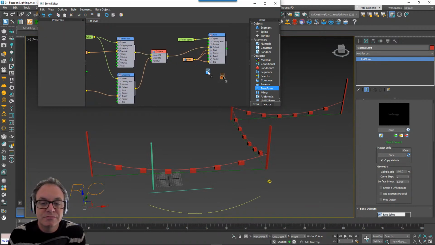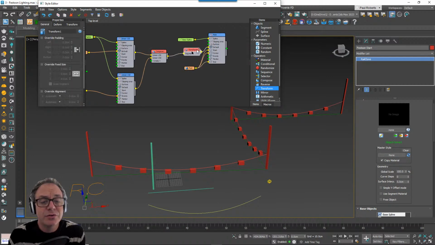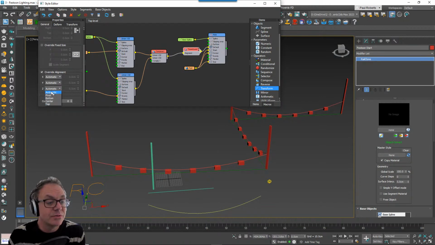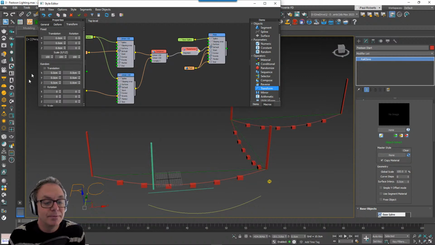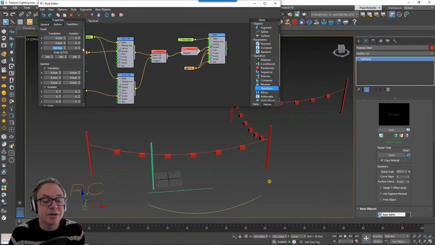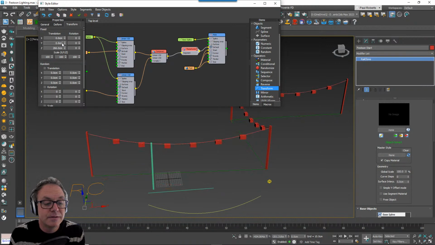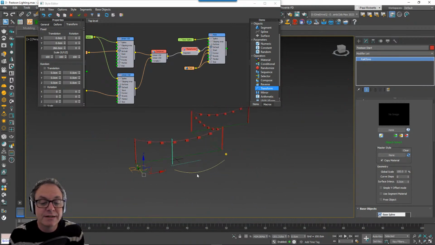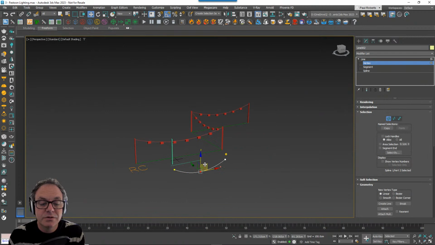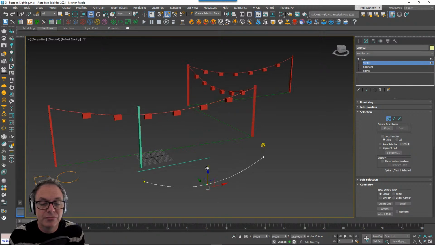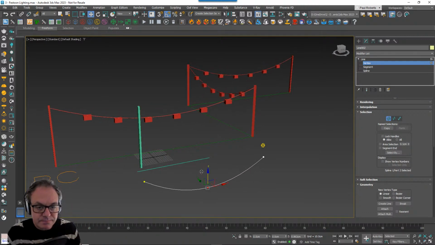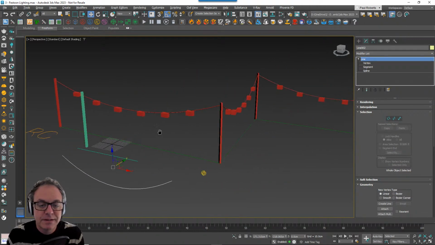Now they're obviously on the floor rather than up at the top of the pole, so I'll add a transform node there. And I'm going to change the alignment on the Z-axis to top, so that they're on the top there. And then I'm just going to move it up on the Z-axis. I could do this by measuring the pole, but I'll just do it by eye. I think probably 200 centimeters, maybe a bit more. Something like that. Okay, so that's kind of working. And if I move this, you can see I can control the sag of those cables now, which is what we were after. But there are some issues with this, and some of you have probably spotted them.